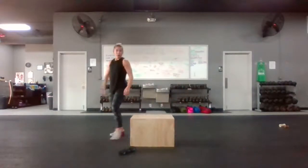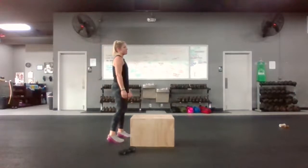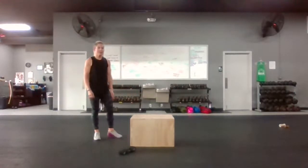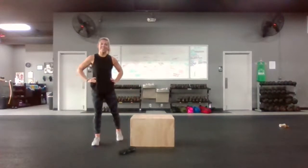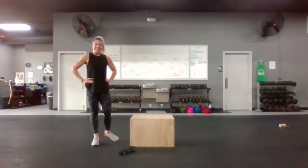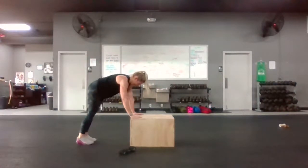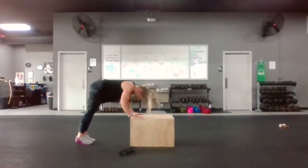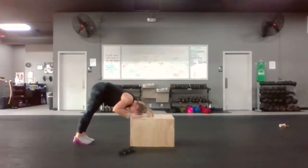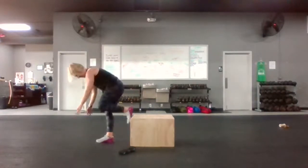And we have 1 more set to go. We're gonna do some shoulder push-ups and we're gonna do some bear planks. So, shoulder push-ups, we've got a couple of options. If you're a half badass, you can do them with your hand on the box. Feet on the ground, hand on the box, in a pike. Yep. Drop your head a little more in between your arms. There you go. Okay, now if you're a real badass, you're gonna put your feet up on the box, and